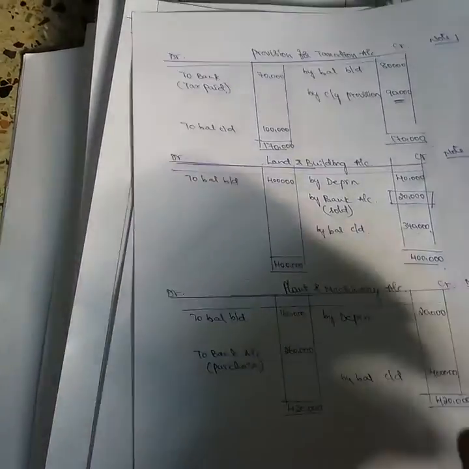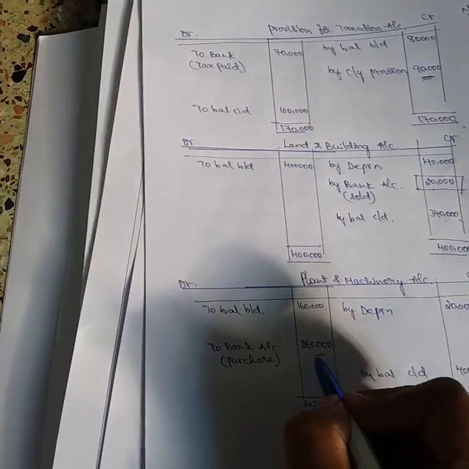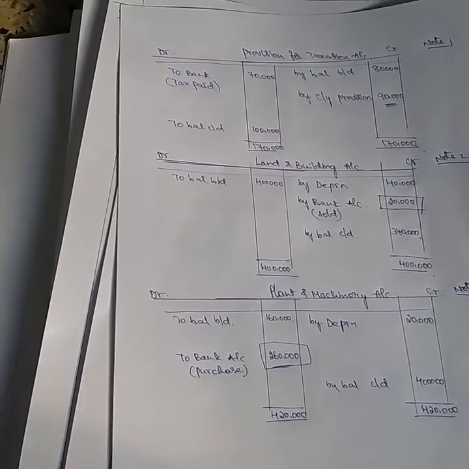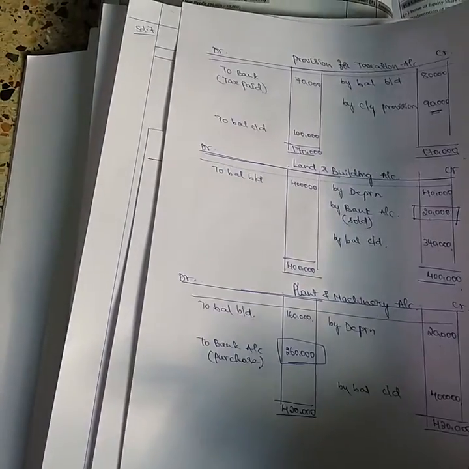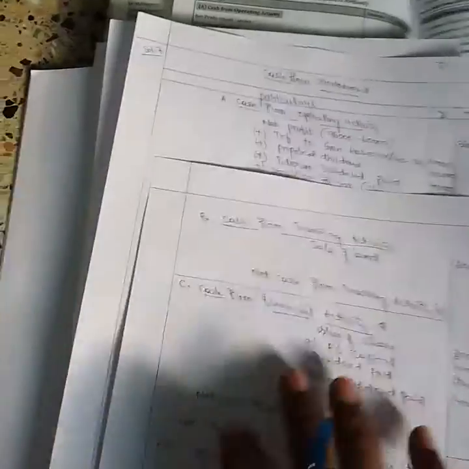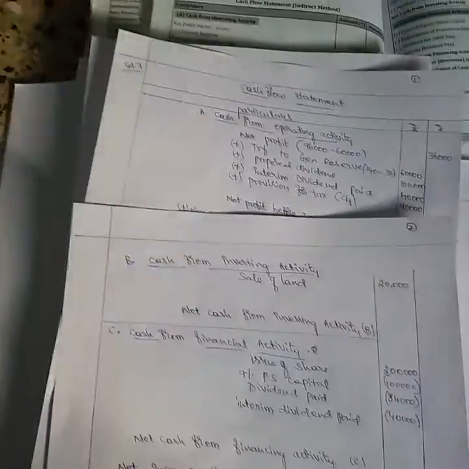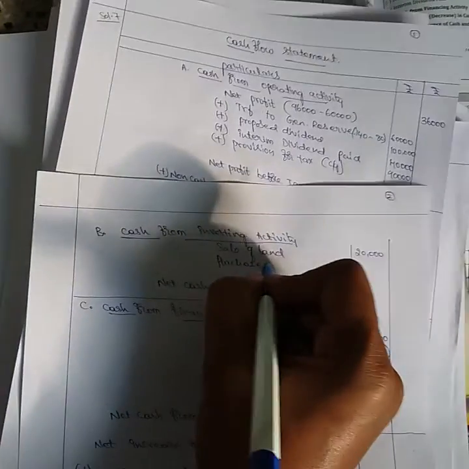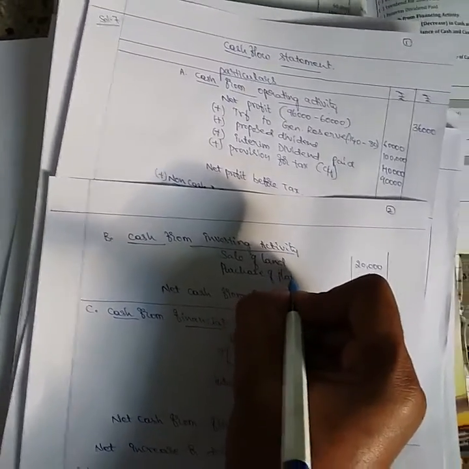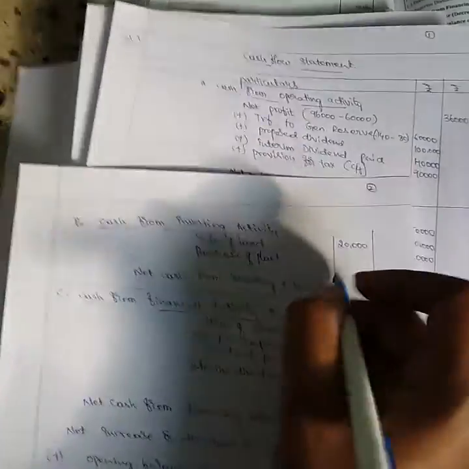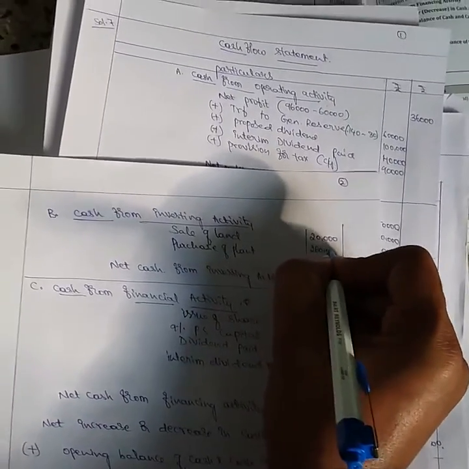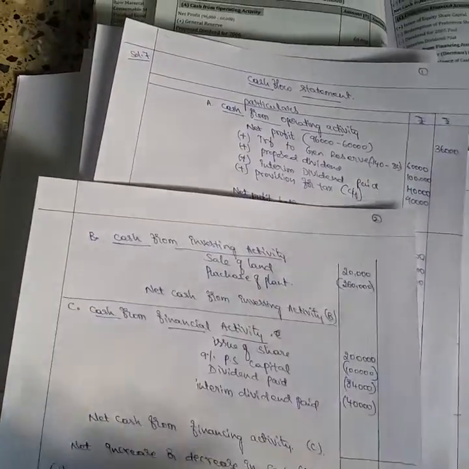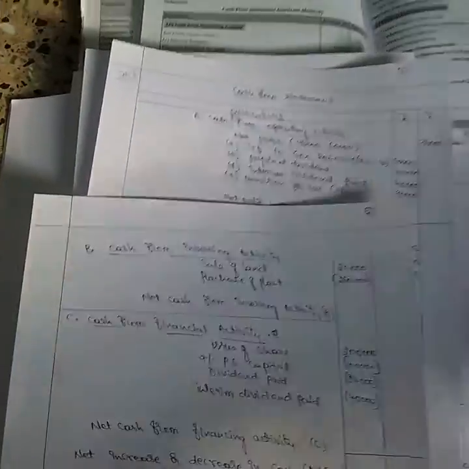Outflow to the extent of 2,60,000. 2,60,000 is purchase of plant and machinery. Outflow of cash comes under investing activity. Investing activity, plant and machinery, purchase of plant, 2,60,000. Outflow of cash should be written in minus balance. All the ledgers are